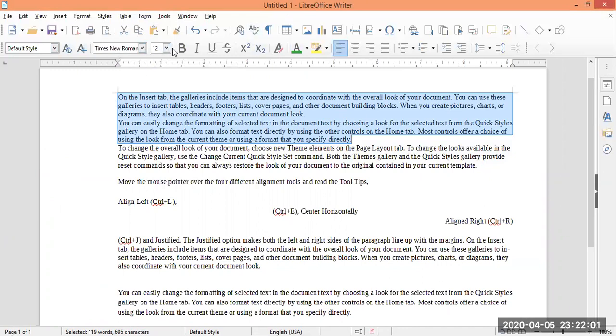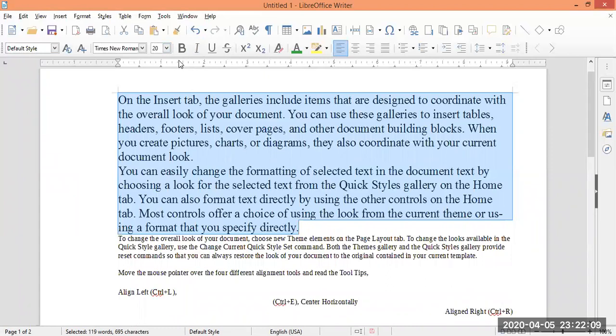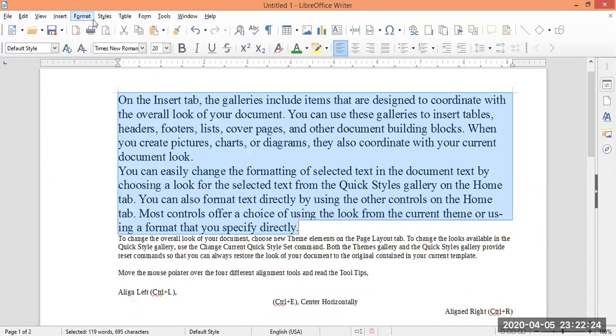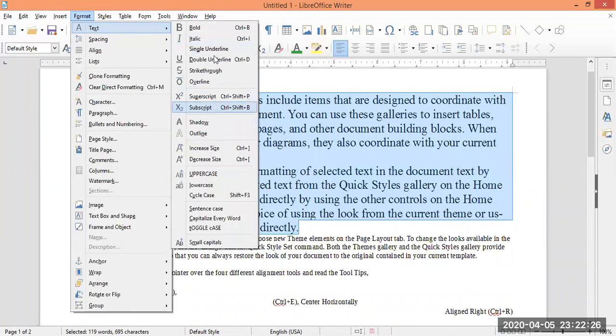If you want to increase the size also, click on font size and then select 20 as size. The same way you can apply bold, italic and underline also. All these formattings can be applied using the Format menu and then the Text option. Here also you can find all the text formatting.